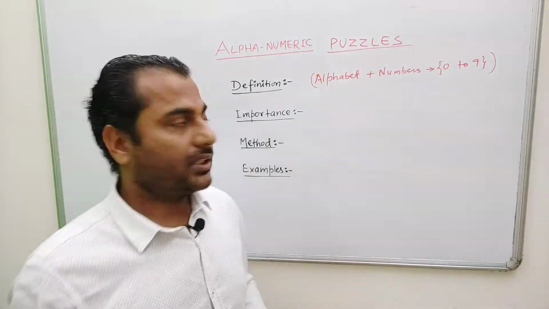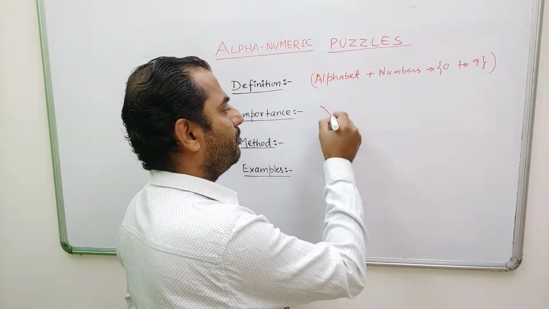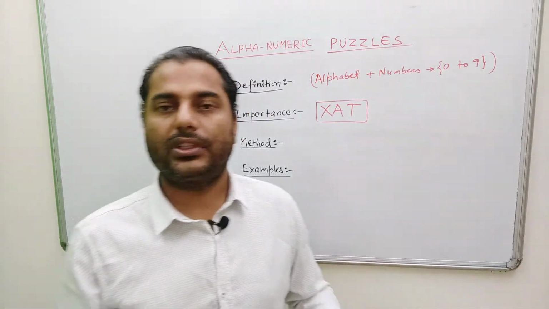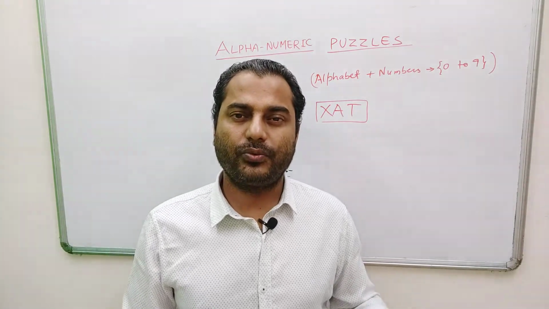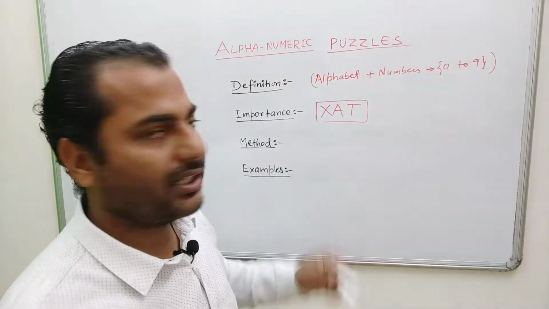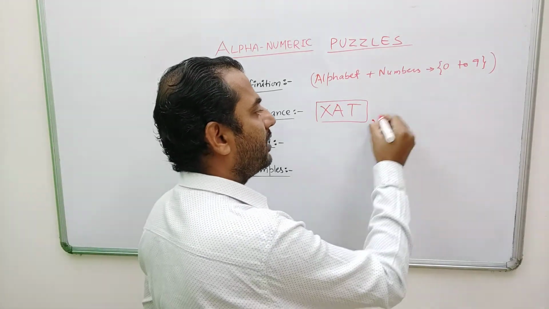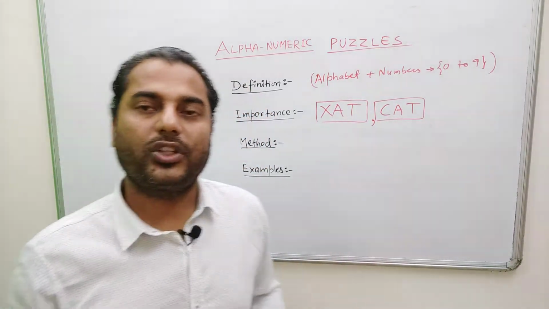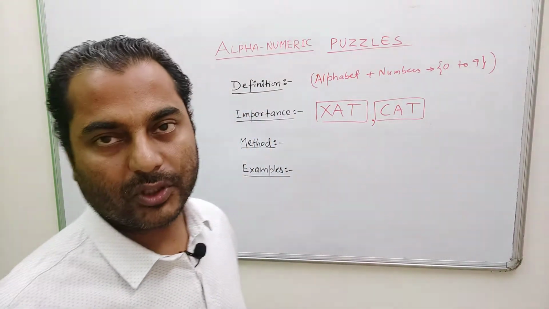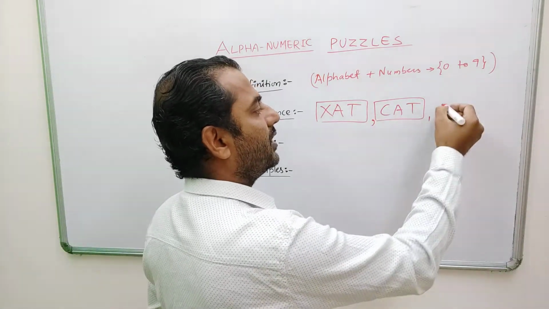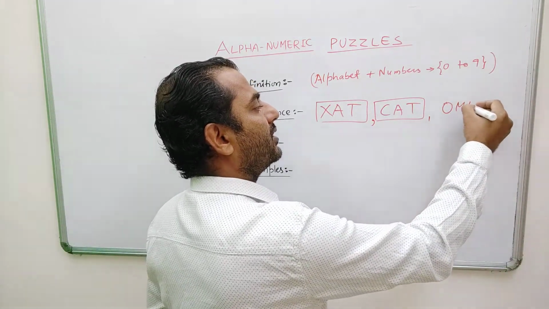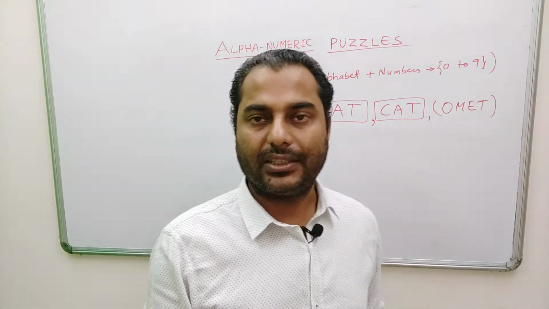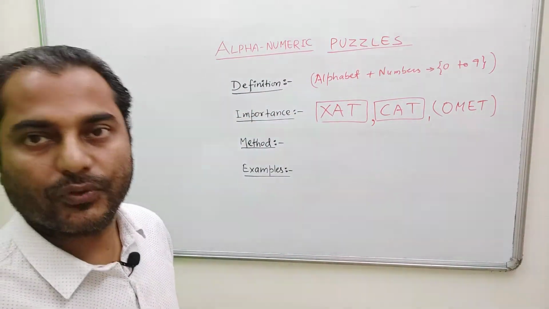Now what is the importance of this topic, alphanumeric puzzle? This is most important, especially for the JAT exam, right? If you see questions of the last 10 to 15 years, you will find many of the questions on JAT coming from this topic. Also you will find this topic to be very important for CAT. There was one question recently in the CAT 2019 morning slot which was from this topic, alphanumeric puzzle. And obviously when we say CAT and JAT, so other management entrance tests, any exam where aptitude and reasoning is being tested, you will find questions from this topic, alphanumeric puzzles, right?